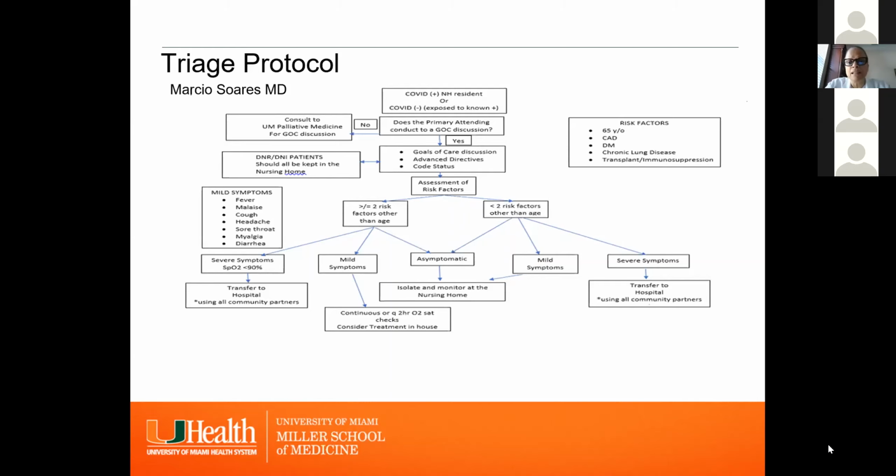signs and saturation were checked every 2 hours, and they had frequent check-ins regarding their symptoms by the medical personnel, either the nurse practitioner or the assigned nurse. And at that moment, a discussion was also entertained with the caregiver in preparation for what the course of the disease might be. If the patient had severe symptoms, saturation less than 90%, shortness of breath, chest pain, altered mental status, they were transferred to the tertiary care center, again using all community partners, if this was in keeping with